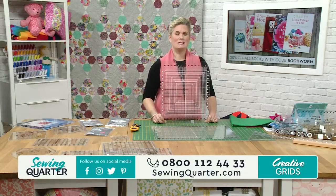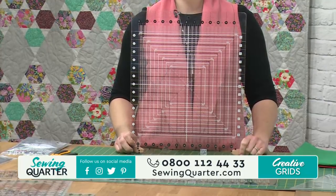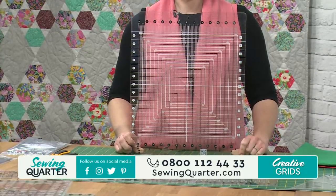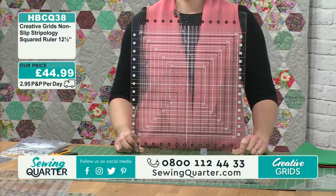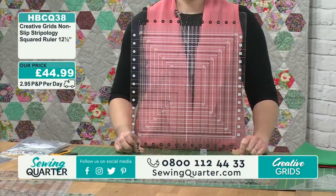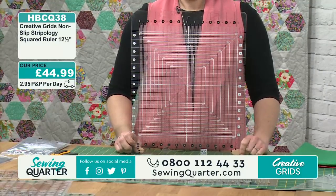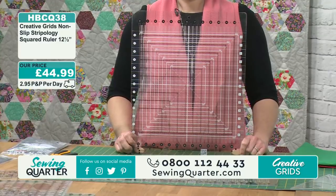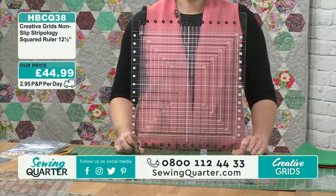So again, this one is perfect for cutting back your blocks, trimming back your blocks. It just is fantastic. And this is coming in at $44.99. Again, we haven't seen this since December on air, which means that, do you know what? A load of you haven't seen it if you've been watching on Sky. You've never seen this before. Where have you been? So $44.99,